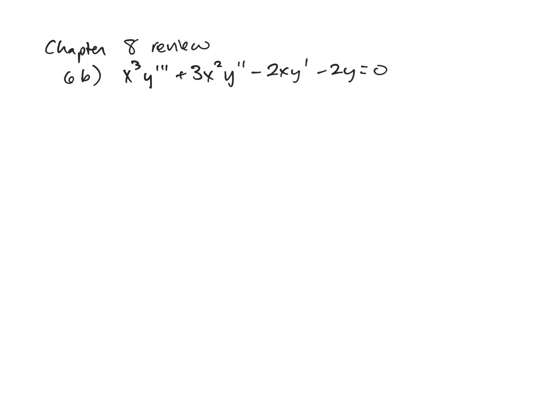So in this video, I'm doing a problem from the Chapter 8 review section, number 6b. So we have this third order equation, and the problem told us to use the substitution y equals x to the r. So this is a Cauchy-Euler equation. And we saw this back in Chapter 4, and it's in here because